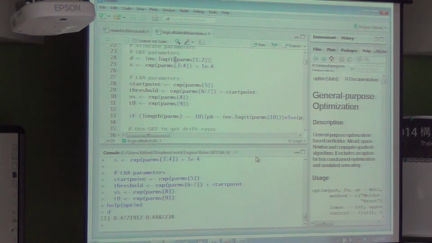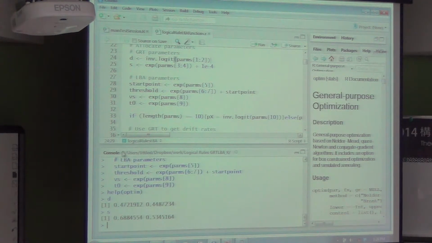We're going to make a simplifying assumption that the variability is constant across all values on a given dimension. That particular parameter is called S here, and the variability on dimension X is 0.68. On dimension Y, it's 0.53.